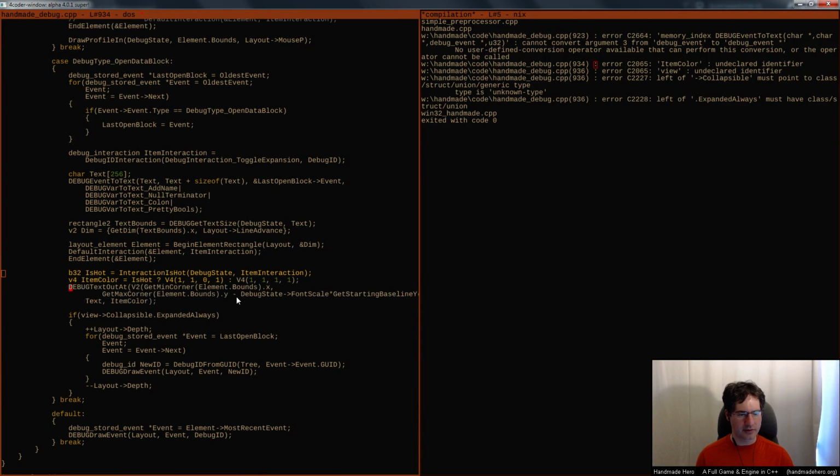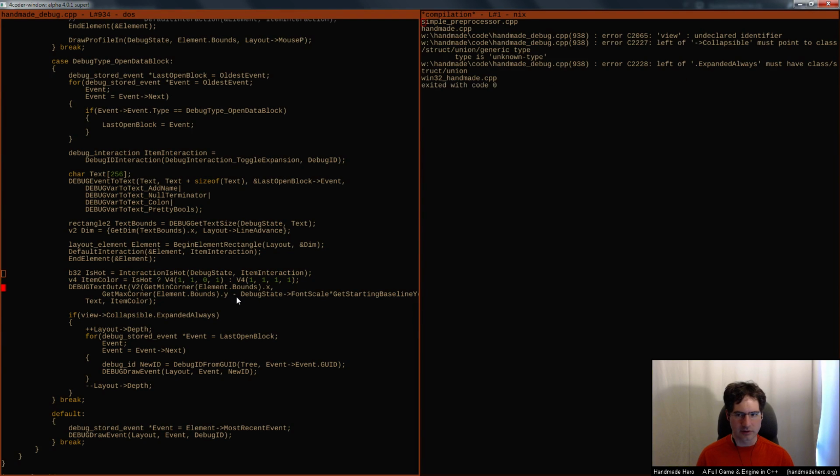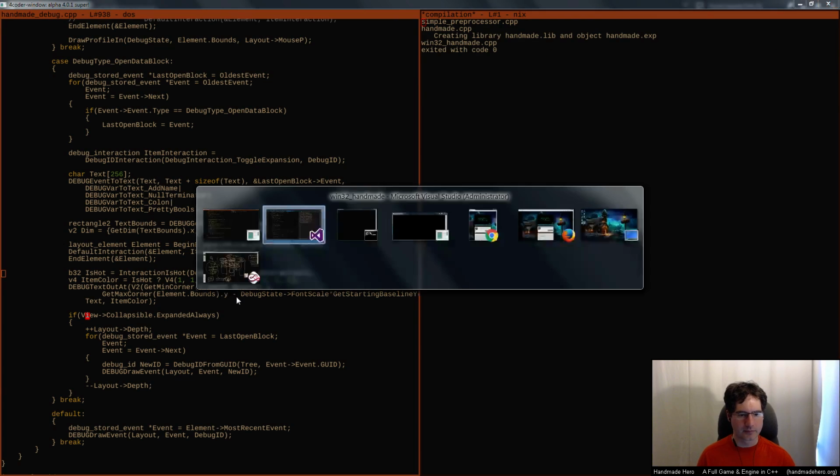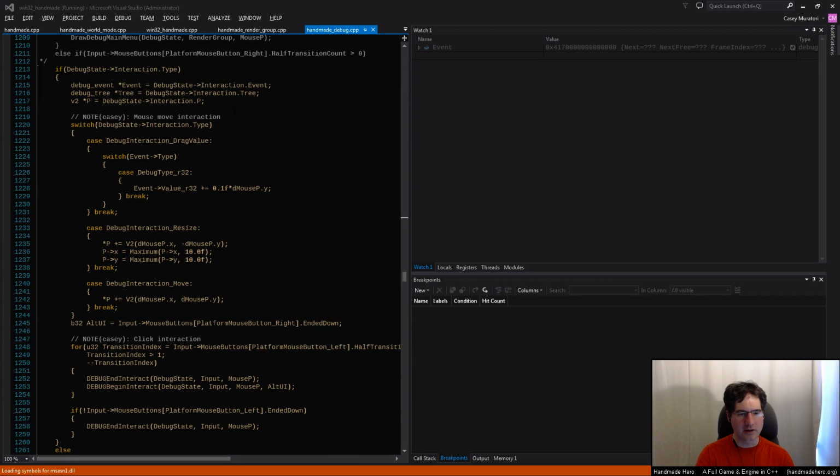So I want to know whether or not this item color is hot or not, and then do what it's going to do. View is an undeclared identifier. That's because it accidentally got lowercase for some reason. There we go. So in theory,